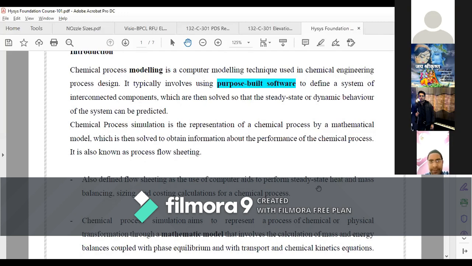Because there are n number of simulators available in the market, each and every simulator has its own significance for particular applications.